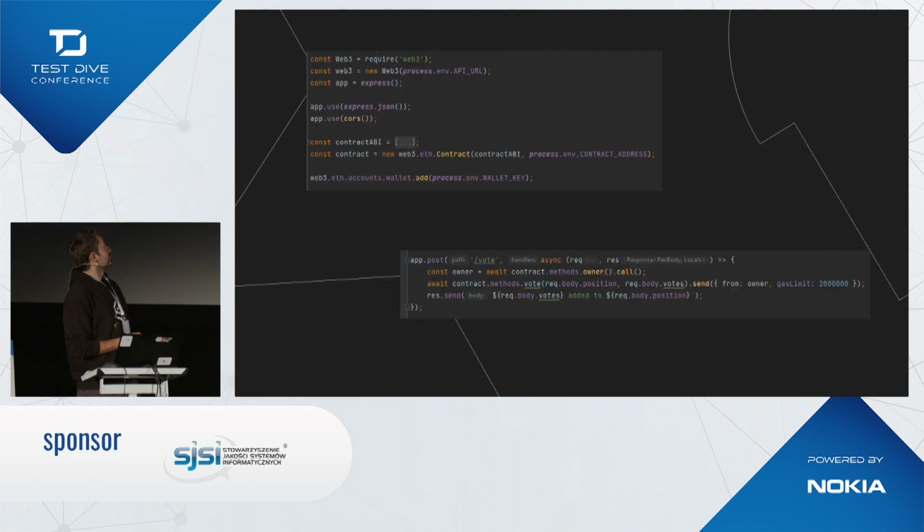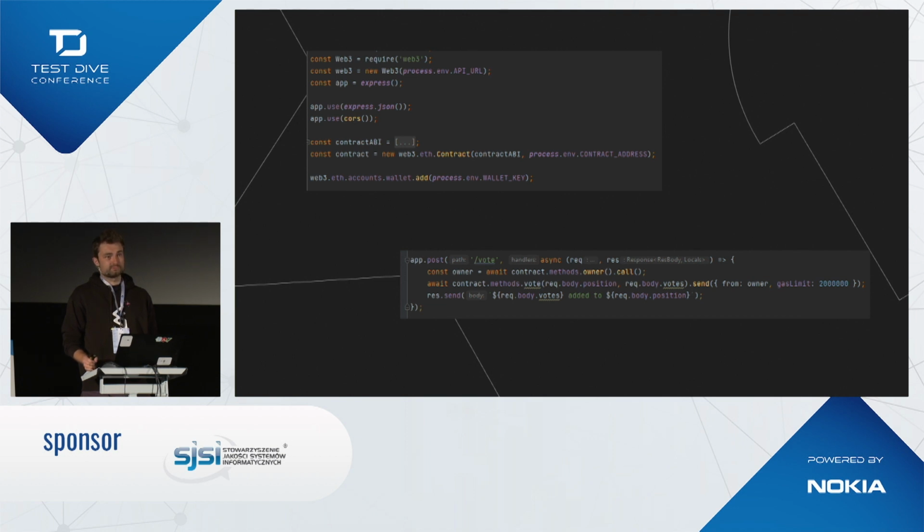And let's see a few examples from the code responsible for connecting to the contract. At first, I decided to use Web3.js, and that library needs the API URL, wallet key also, contract address, and as you can see, the gas limit is hard-coded here with the call. So there is no way to use it together with MetaMask. And that's why I decided to keep all of this data in environment variables and create an additional layer on the backend side and just expose some endpoints for my frontend to use.